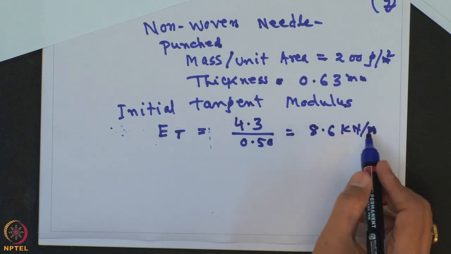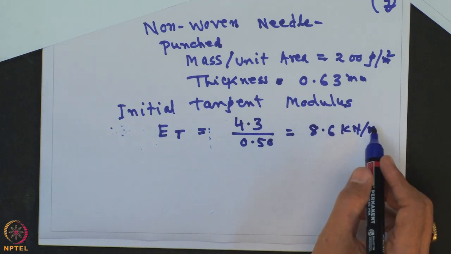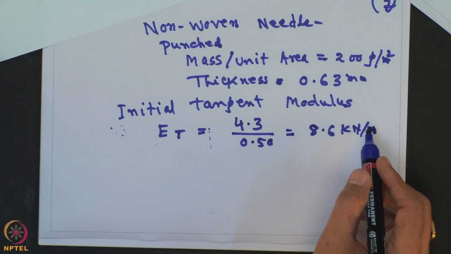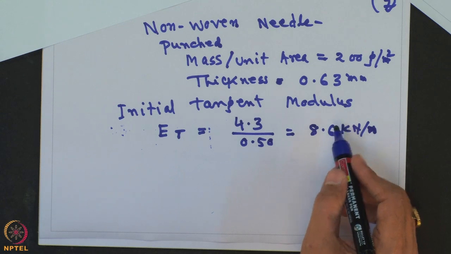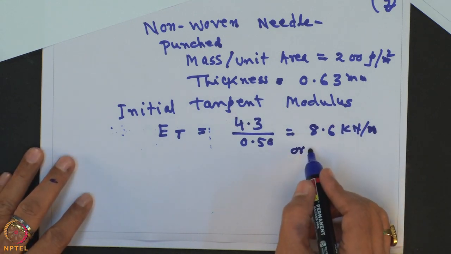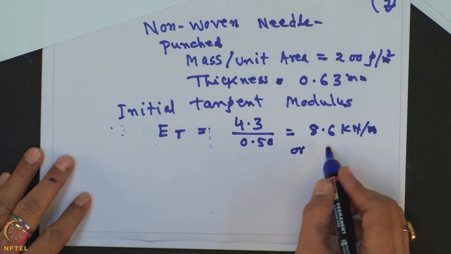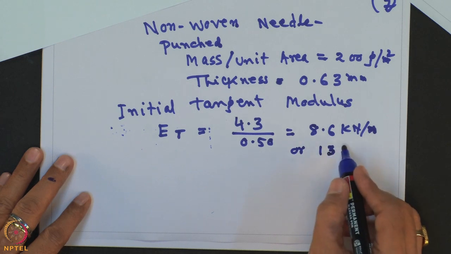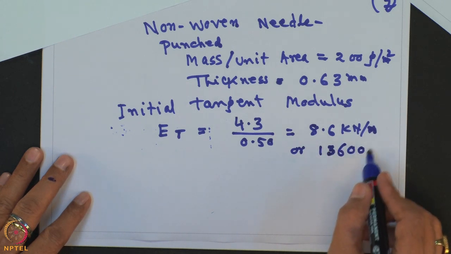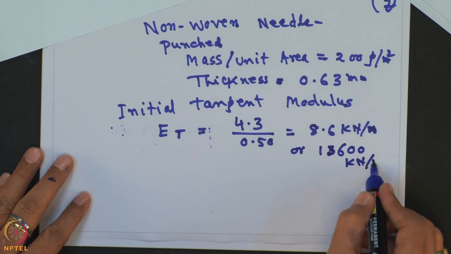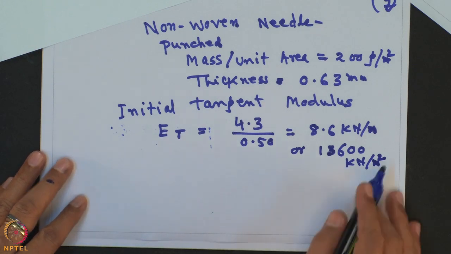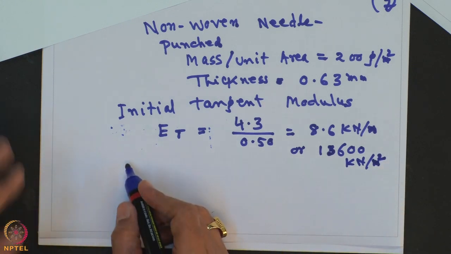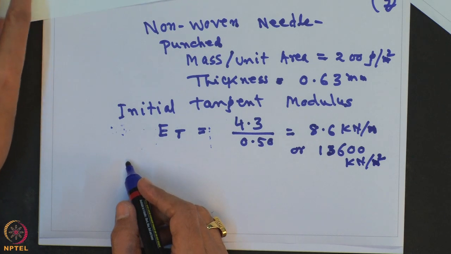if you want to determine in terms of kilonewton per meter square, then you know the thickness, and then you can determine in terms of kilonewton per meter square, and that will be about 13,600 kilonewton per meter square. And the next is, what will be the